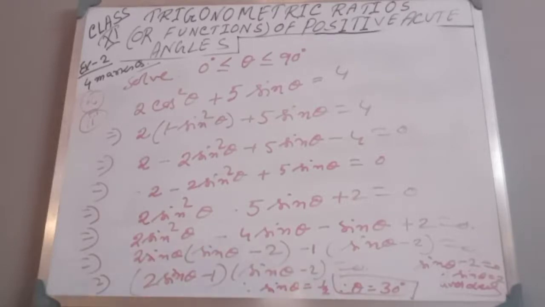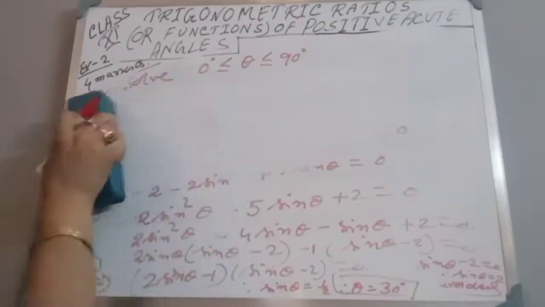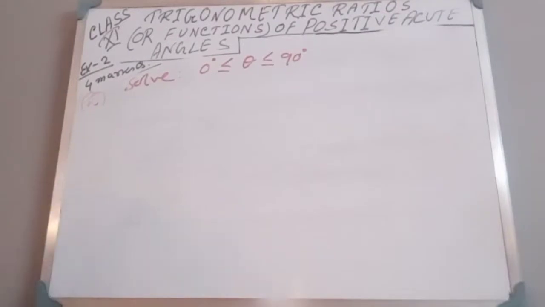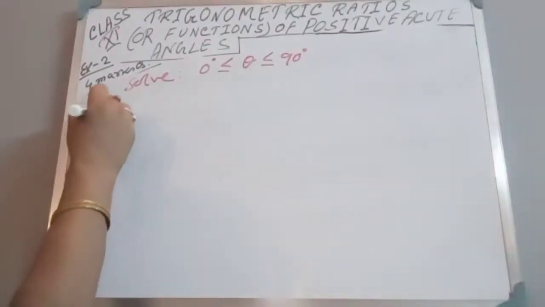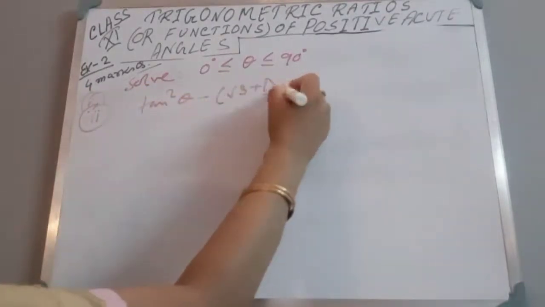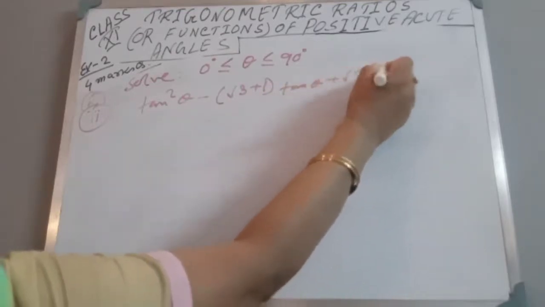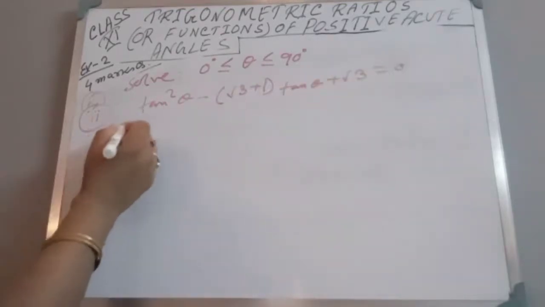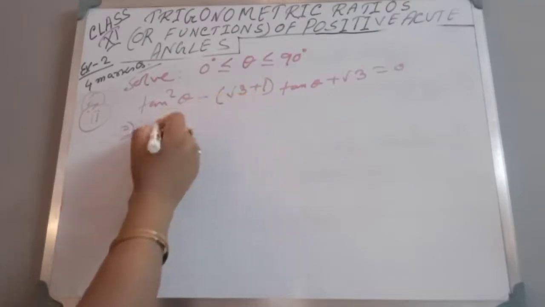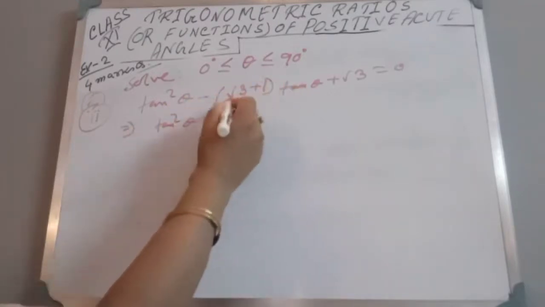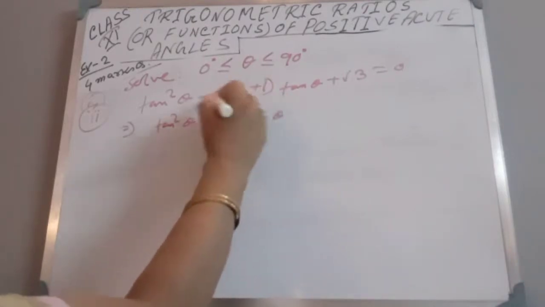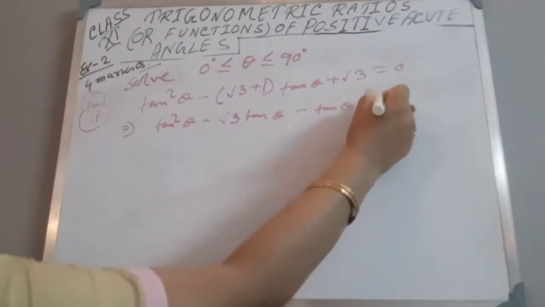Sum number 3, part 3. Same thing, solution. That means we have to find the value of θ. tan²θ minus (root 3 plus 1) tan θ plus root 3 is equal to 0. Okay, now which implies tan²θ, just tan²θ multiplied by tan θ and minus root 3 θ, it will be minus root 3 tan θ, and my plus minus minus, it is minus tan θ plus root 3.